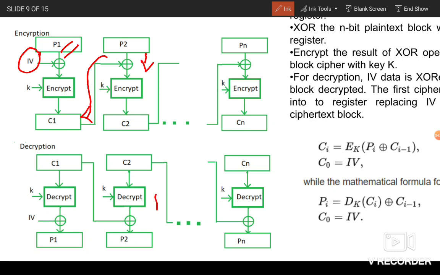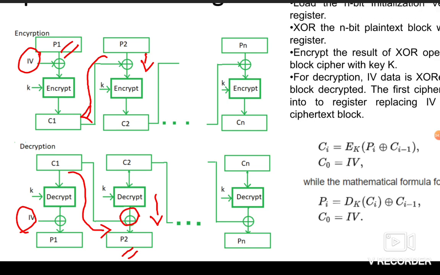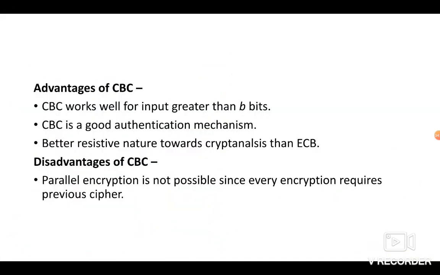Okay, when decrypting, you have to XOR the current plain text and the previous ciphertext. Since we don't have any previous ciphertext for the first block, you have to go with the initialization vector. And for encryption and decryption, we have used the same key. So the advantages of CBC mode is, if the input is greater than B bits, it works well and it